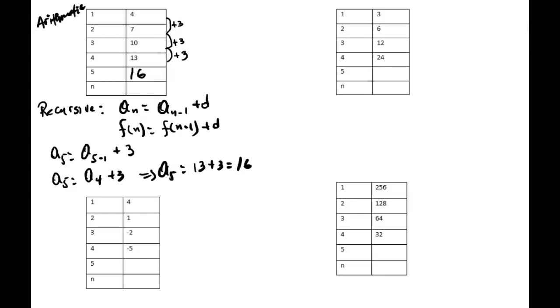So because of that, to find the 100th term of that same sequence, talking about this sequence right here, we have to use the explicit formula. And the explicit formula says that